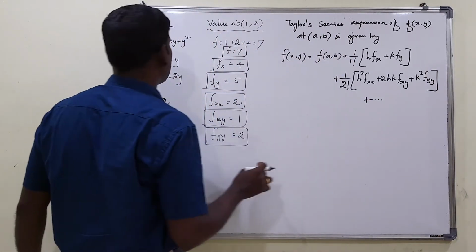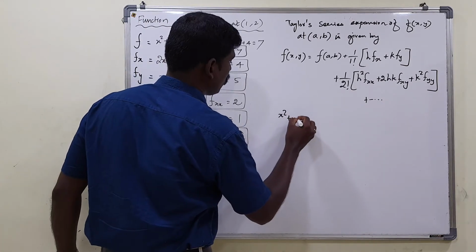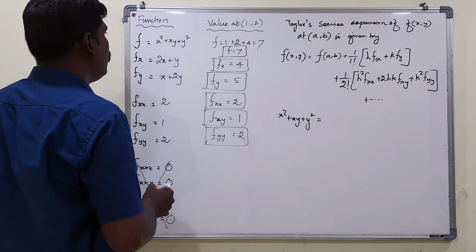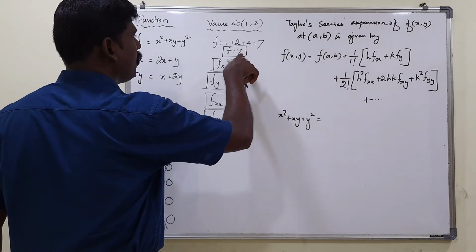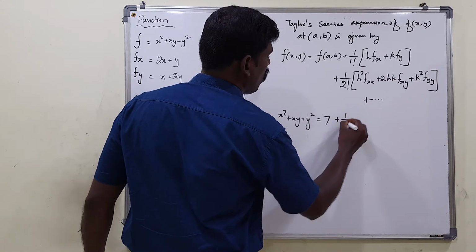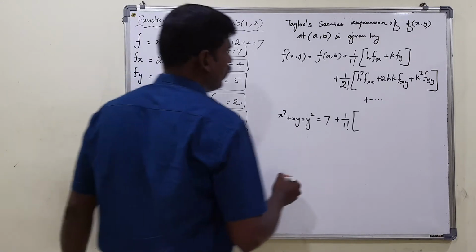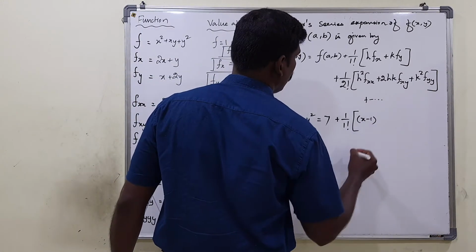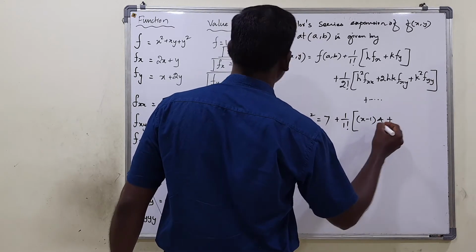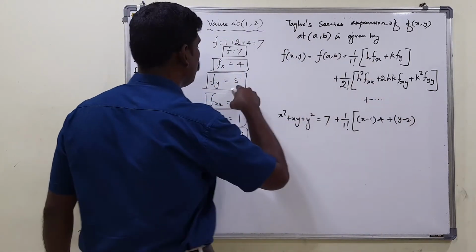So what is f of x comma y? That is x square plus xy plus y square. So x square plus xy plus y square is equal to f of a comma b. What is the value of f at a comma b? That is 7. So 7 plus 1 by 1 factorial into, what is h? h is x minus 1, isn't it? x minus 1. What is fx? fx is 4 plus k, k is y minus 2, into fy. fy is 5